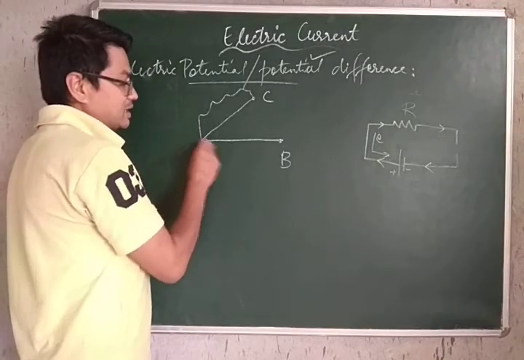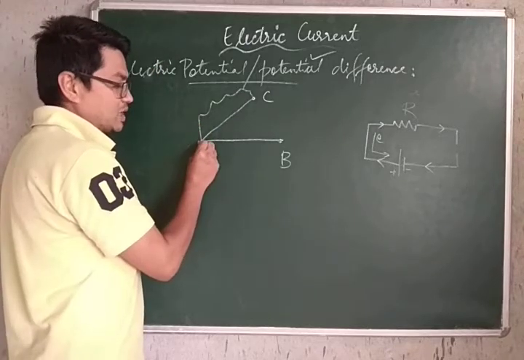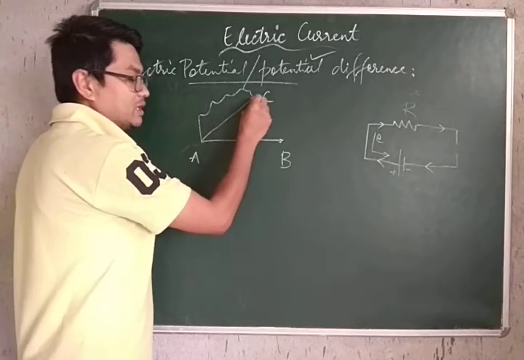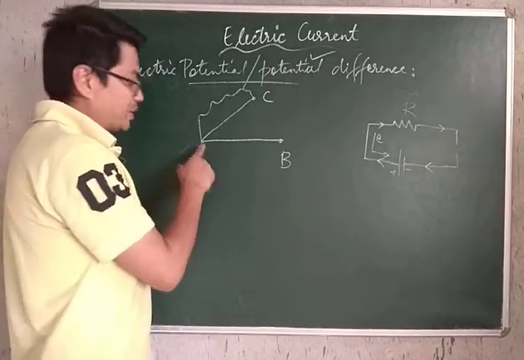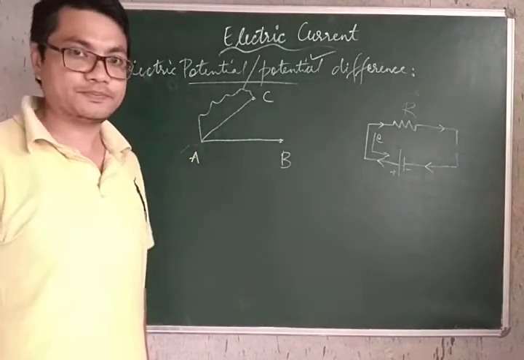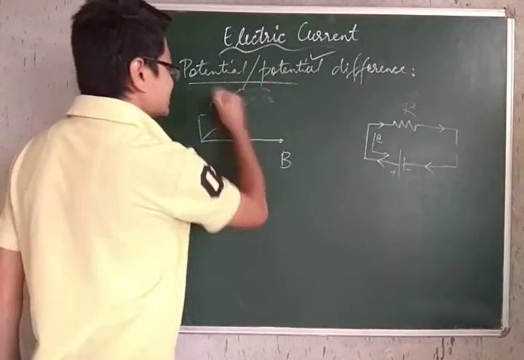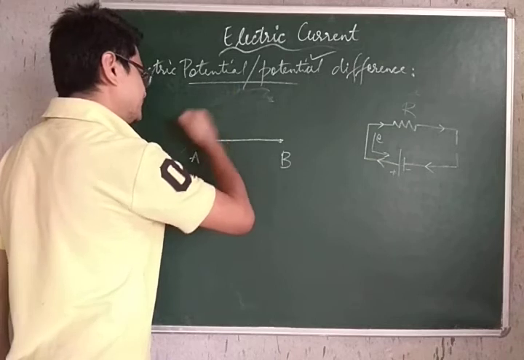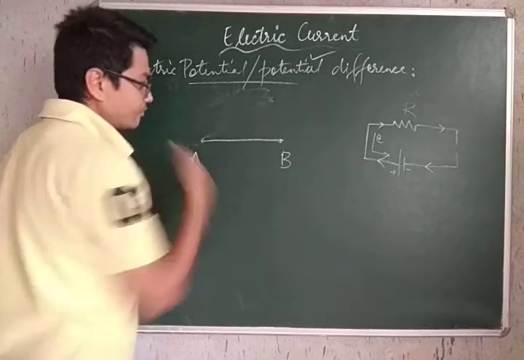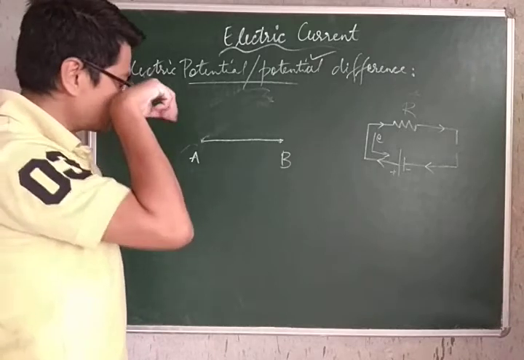Potential difference. So what is potential difference? Potential difference, like I've said, is the work done to bring a unit positive charge from one point to the other. This point can be infinity or whichever point under consideration. So let us suppose, okay, let us only consider points A and B. Whatever be the distance between them, whatever be the separation between these 2 points,